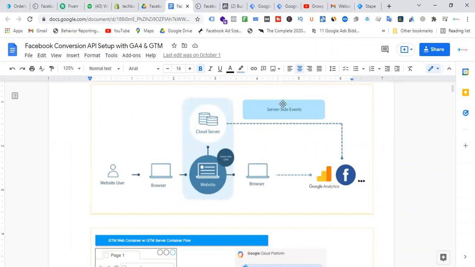After that, by using conversion API, we will pass the data from the cloud server to Facebook Event Manager, as well as data will pass from the browser directly to the server side. If the data is blocked from the browser side, data will pass from the server side, and it will be done by